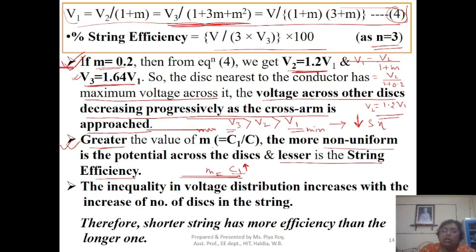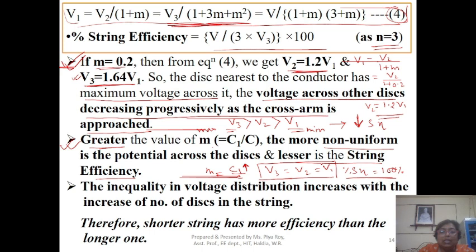Again I repeat, for this case, if the ideal case V3 equal to V2 equal to V1 happens, then what will happen? The string efficiency becomes how much percentage? That is 100%. So our aim is to get more efficiency. So our aim is to somehow manage the voltages so that they are very close, or the difference between voltages